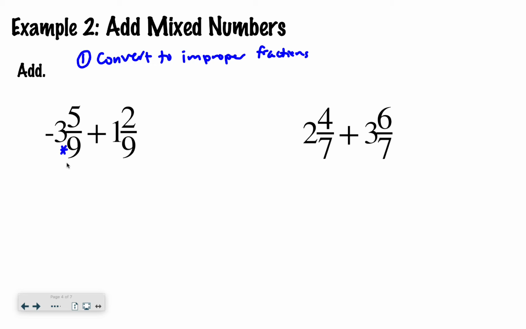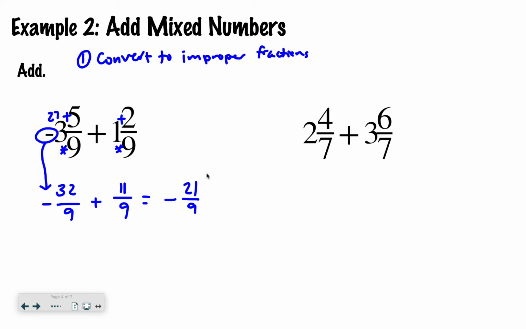So 9 times 3 plus 5. So 9 times 3 is 27, plus 5 is 32/9. And then do you see how there's that negative here? I just carry it down and treat it like a negative 32/9. Then I say plus, and I say 9 times 1 is 9, plus 2 is 11/9. So now I have a common denominator for this one, which is great. And what I'm going to do is I'm just going to say negative 32 plus 11, which is a negative